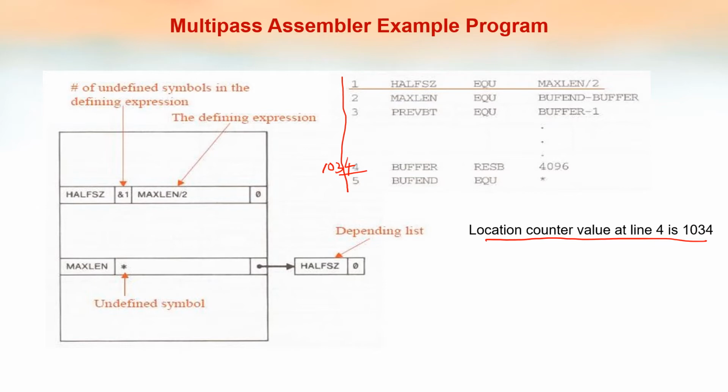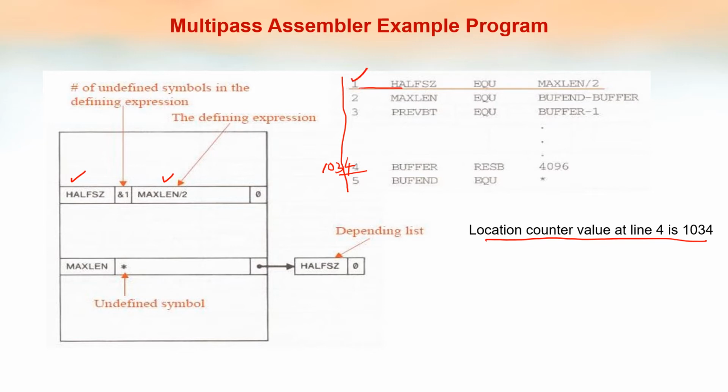Finding the value of a symbol means we have to find the entries in the symbol table. Here the symbol table includes some more values. Normally the symbol table contains the symbol name and the address value, but here it contains some additional things. First it will be the symbol name, then second the defining expression, that is, what is the defining expression of this particular symbol. It will process in multi-pass. So in the first pass it will consider only the first line.